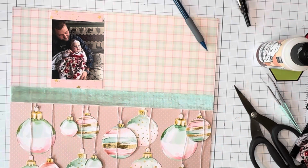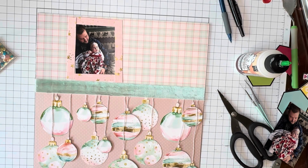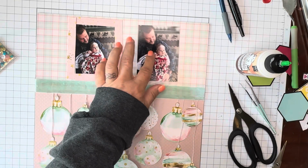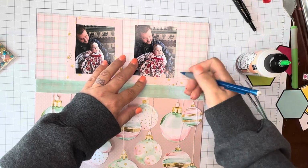And actually when I ended up getting done with it, I thought that the frames were going to be the same size, and they weren't, but it ended up working out okay. So you'll see here in a little bit that I fully intended for them to be the same size frames, but I don't know what I did. I mismeasured something or...